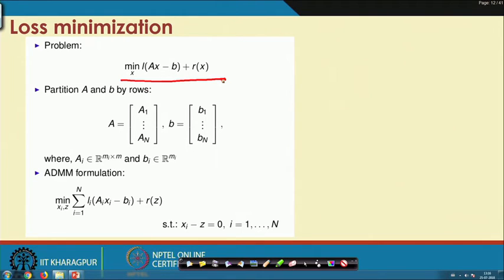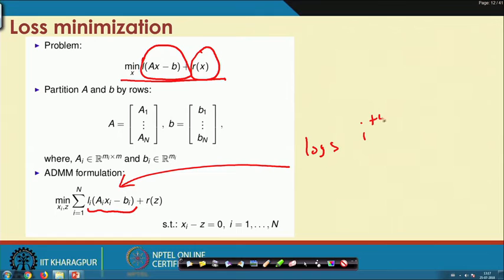You have the loss function L, which is a decomposable function over these x's, and you have the regularizer which is dependent only on z. Basically, each part Li of ai xi minus bi is the loss on the ith machine, and all of the xi's should be equal to z.